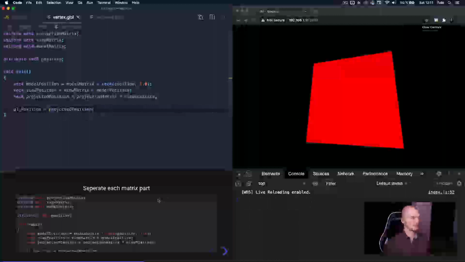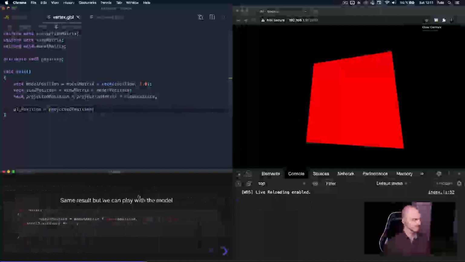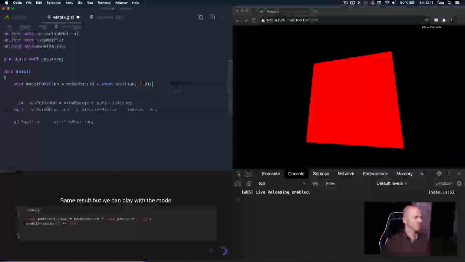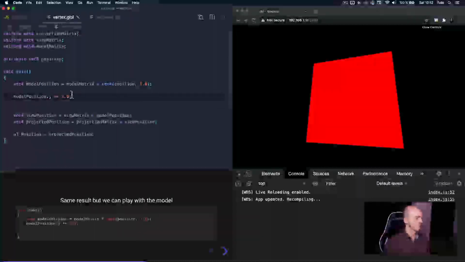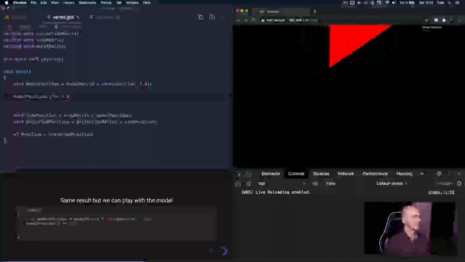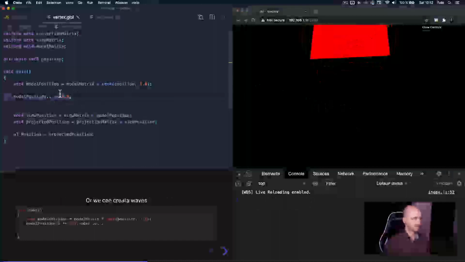And we get the same result. But now we can play with the model position and do something like that. Equal plus 1, and as you can see, my plane moved up because I can play directly on the position here. And we can have more control,